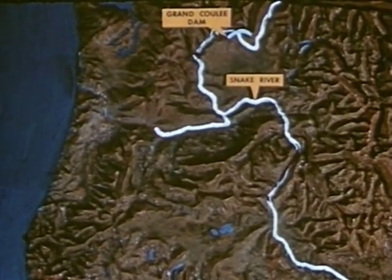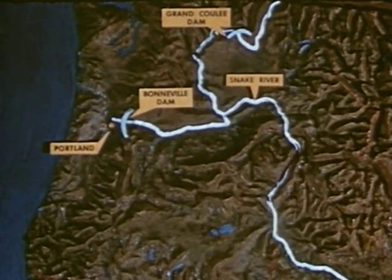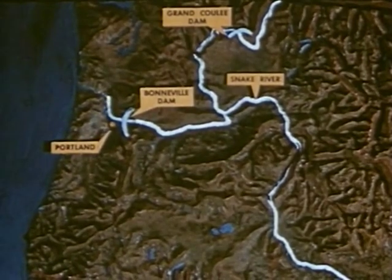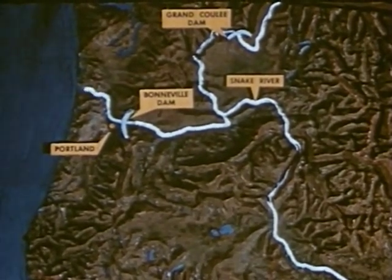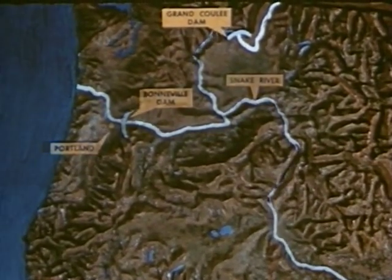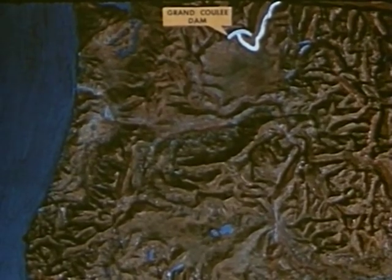In this part of the Columbia is Bonneville Dam and Portland, the great river seaport of the West Coast. When the Columbia empties into the Pacific, it has gone more than 1,200 miles from its source in the Canadian Rockies. Let's go back and travel down the Columbia, starting our journey at the Grand Coulee Dam in the upper